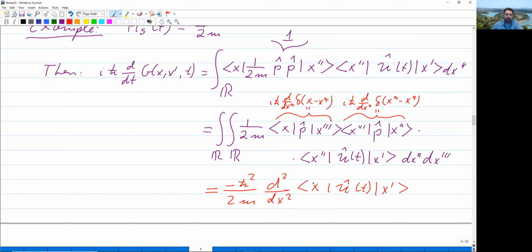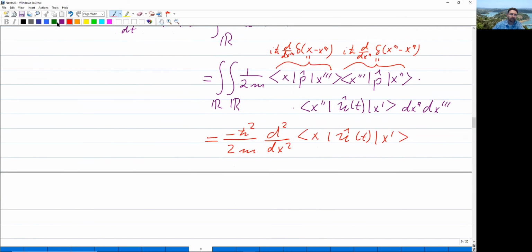The x double prime has become an x because there are these two Dirac deltas. One is setting the x to x triple prime, and the other one makes the x triple prime go to x double prime. So overall, x becomes x double prime. That's why x double prime here becomes just an x. All right, so if we now summarize this, what we obtain is